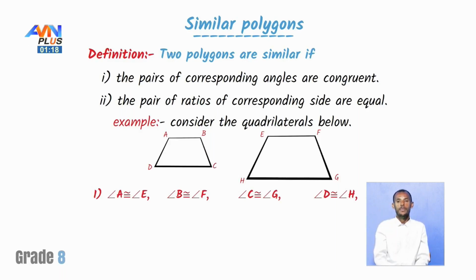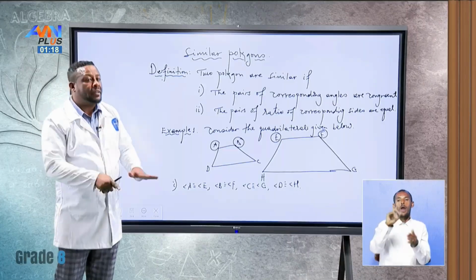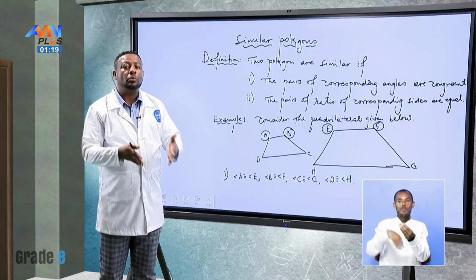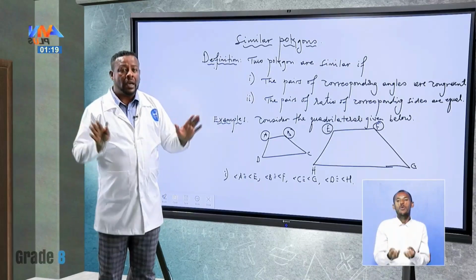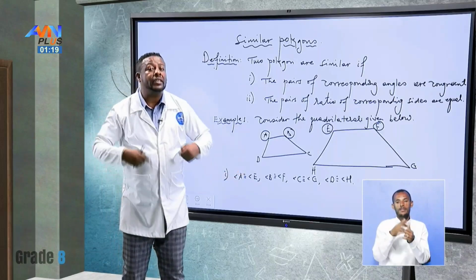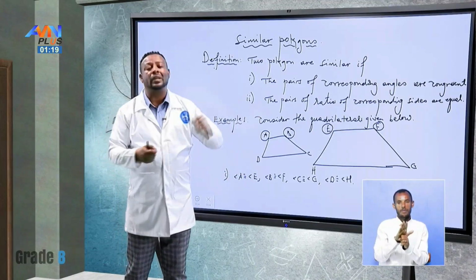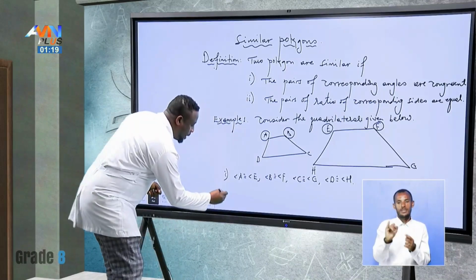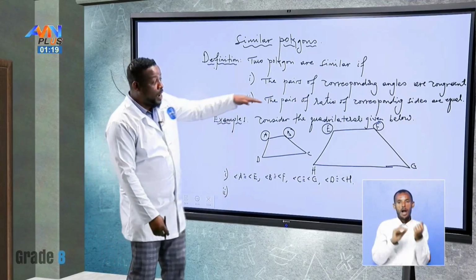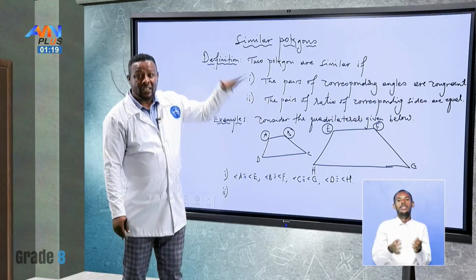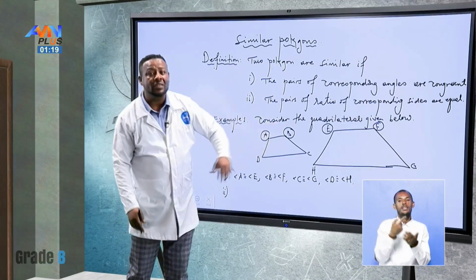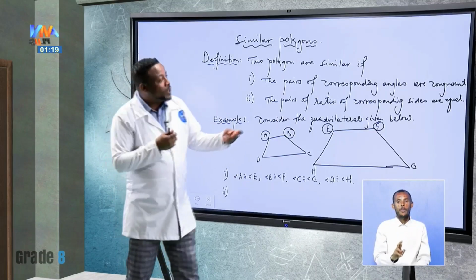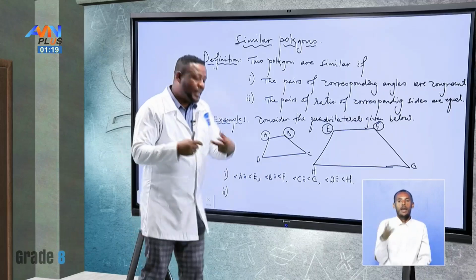All right. So this is one of the criteria. You need to add one more condition to properly say these two quadrilaterals are similar. The first condition is not enough to say these two quadrilaterals are similar, right? So the second one is, according to our definition, the second condition to say these two quadrilaterals are similar: the ratio of the corresponding sides are equal. That means